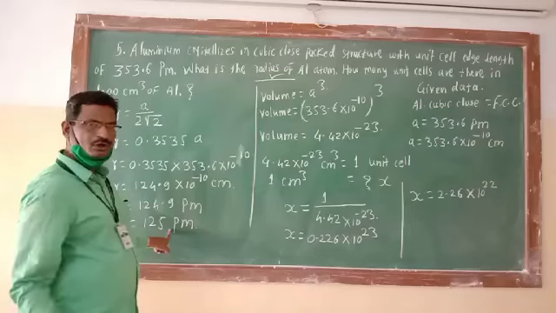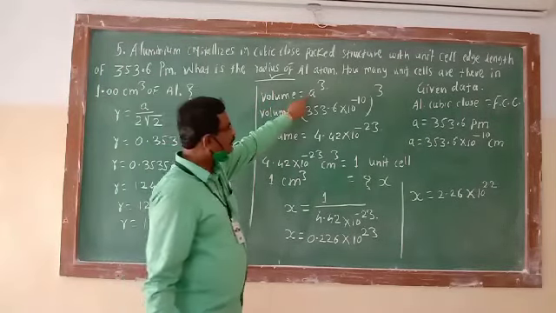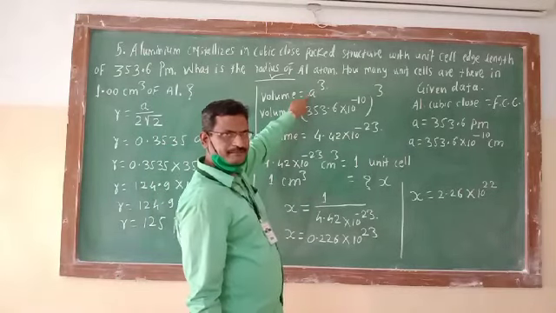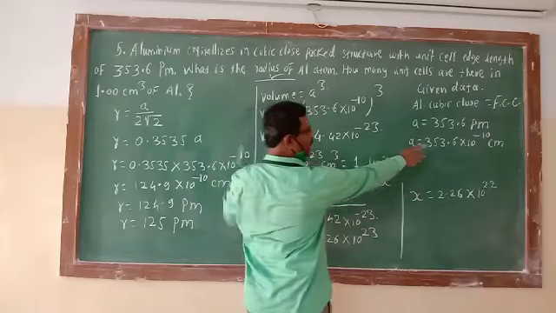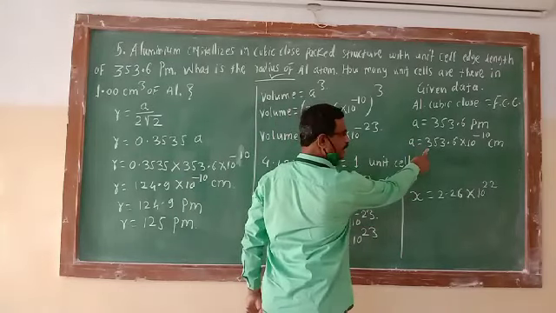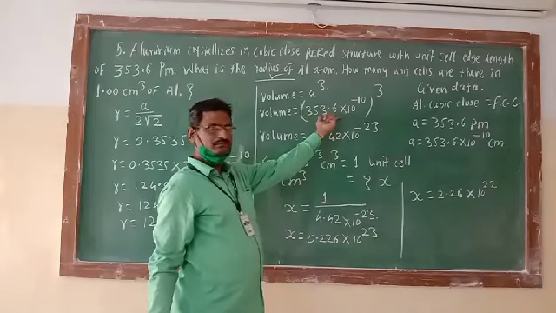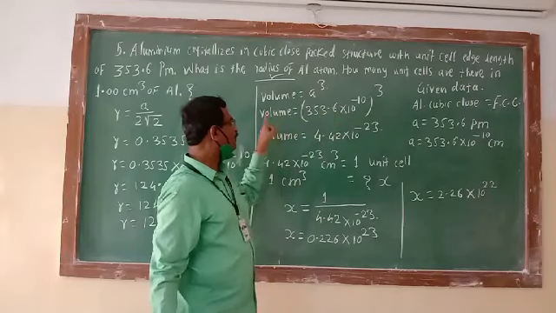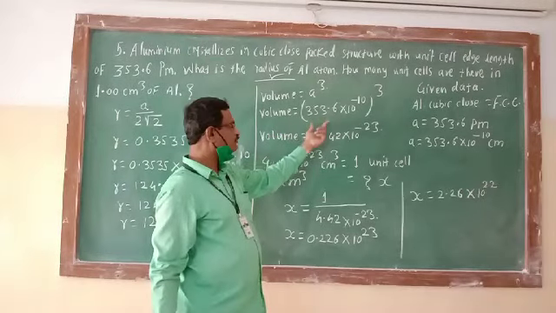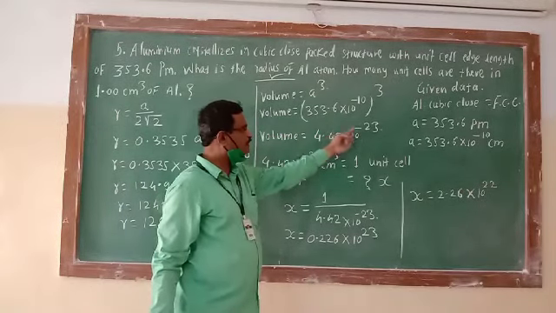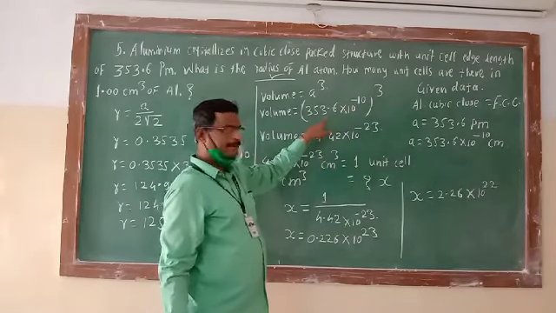Now we know the volume is calculated by the formula cube of edge length a. Volume is equal to a cube. a is given as 353.6 into 10 raised to minus 10. Substituting over here, we can calculate the value of volume, the cube of this factor, 4.42 into 10 raised to minus 23. On solving this completely, we will get the answer.